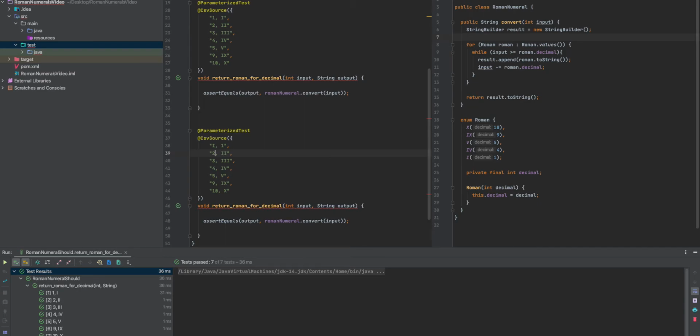So we're just going to translate each of these. And then we are going to expect that we can translate